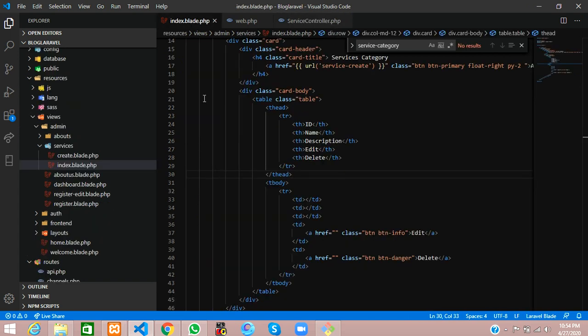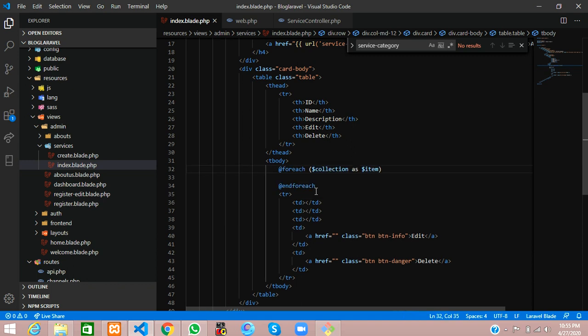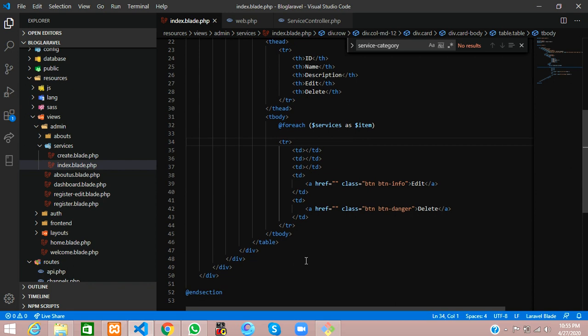Before the tr tag we can use a foreach loop to print the data. Call that variable name over here, and let us cut and paste it, Control X and Control V, done.